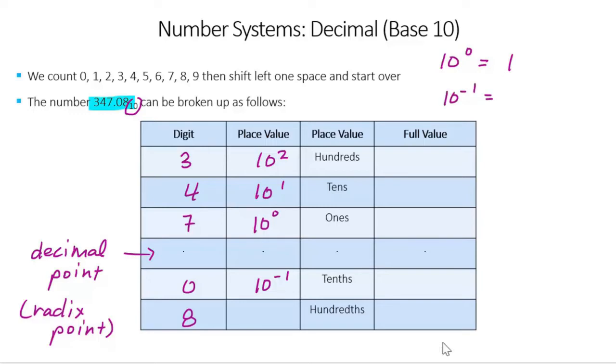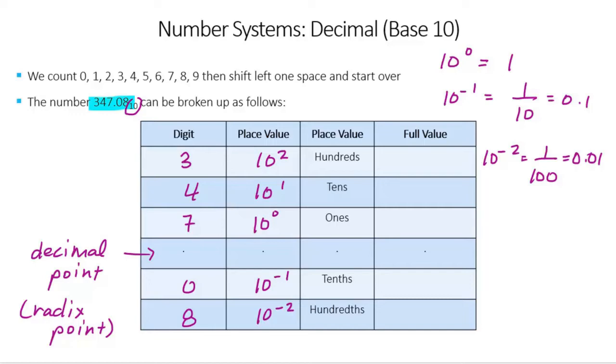Well, the negative exponent tells me to take the reciprocal, so it's 1/10. Or if you prefer decimals, 0.1. So the 0 is in the tenths place value. And it follows that the 8 is in the 10 to the power of -2, or 1 over 10 squared, which is 100, or 0.01, the hundredths place value. So how do we read